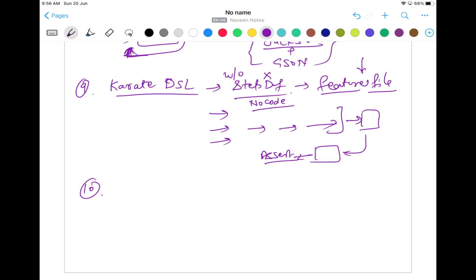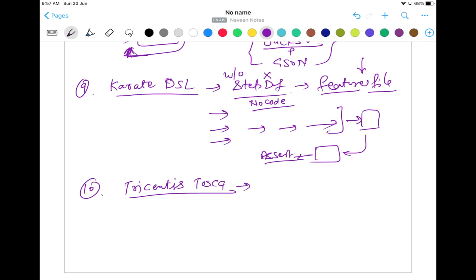Other than that, we have Tricentis Tosca also. You must have heard about it. So this is being used by different developers and different testers also to automate the APIs, and its overall ecosystem fits perfectly with your agile and DevOps activities. But it's a paid tool. You need to check the pricing and the licensing cost, and then accordingly, if you really have this requirement, you can use this Tricentis Tosca also. You can do that. Okay.